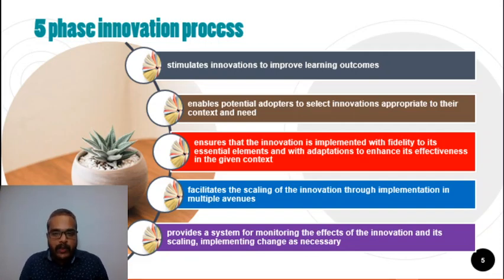In a classroom, I was addressing maybe 45 students, whereas with a technology integrated teaching learning design, I can even go live so that thousands of people can watch me or listen to me. And it provides a system for monitoring the effects of the innovation and its scaling, implementing changes as necessary. So these are all the 5 phases of the innovation process you can think about.